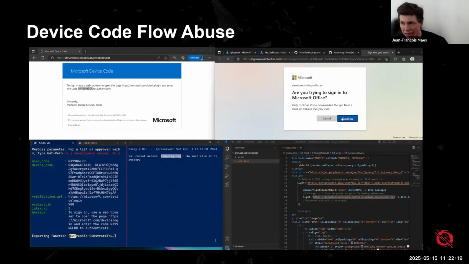If you still have an application that is simply sending a push notification to a user when they are logging in to basically say, hey, is this you? Yes or no? Without asking for any type of code, just a yes or no prompt on your phone. Well, this type of multi-factor authentication is actually super straightforward to bypass as well.